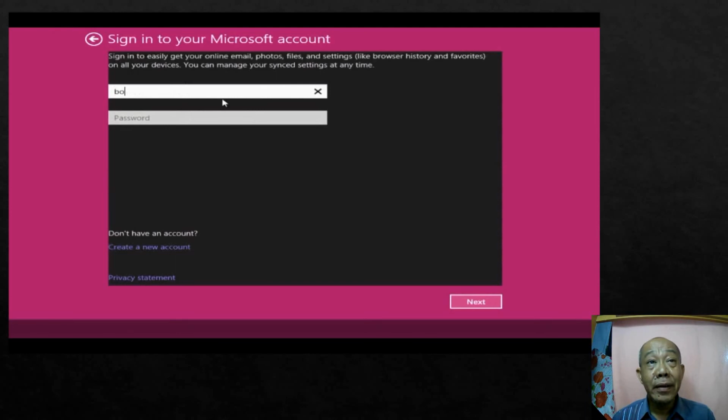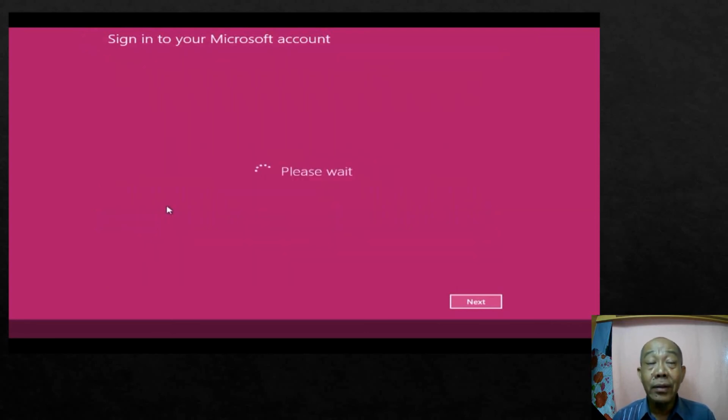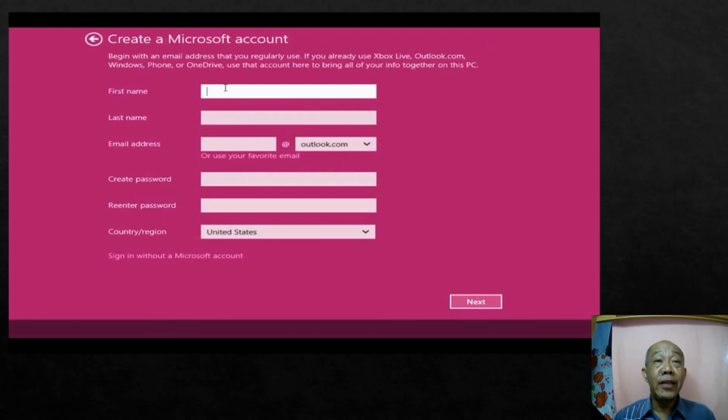On my part, since I have a Microsoft account, I can type my email and then the password. But what if you don't have an account? So what are you going to do? You're going to create a new account,